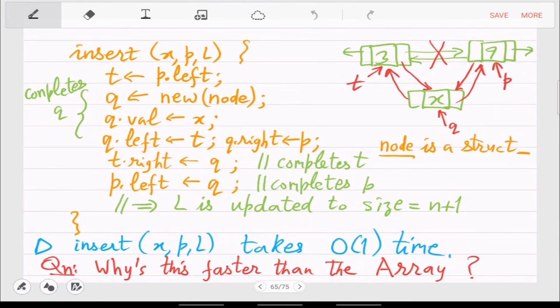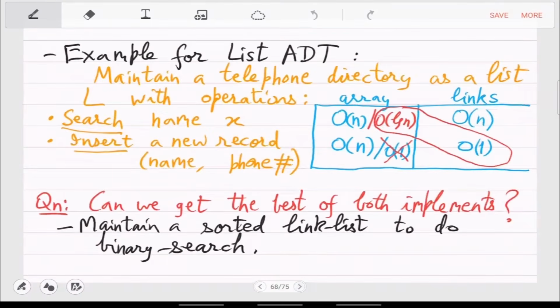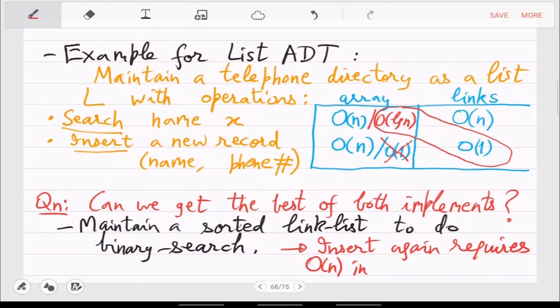So that is order n. That doesn't help. So insertion will again take order n in this type of linked list.